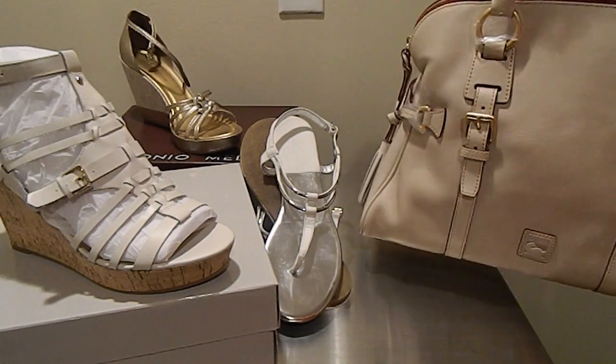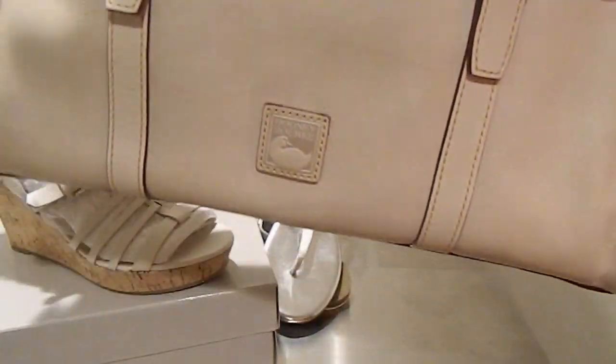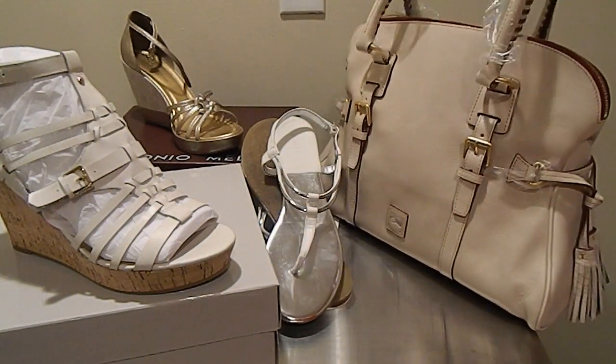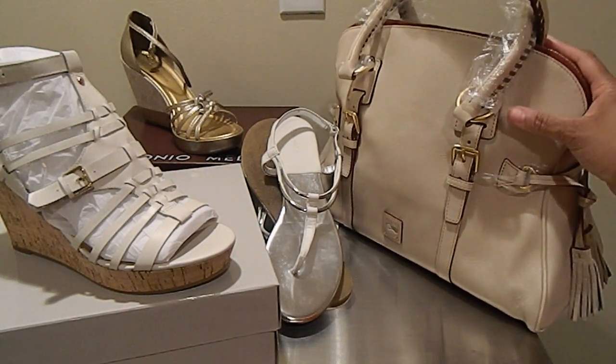I do have another bag in this same style. Not done a review on that one yet, but again, trying to pull some things out of my collection that reinforced to me that I don't need another bag. Anyway,